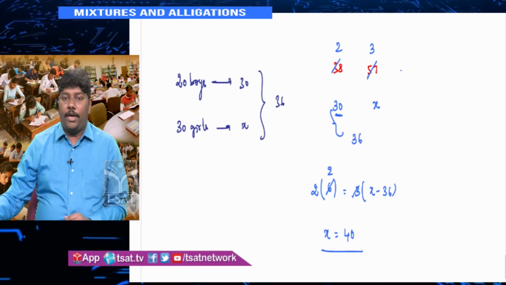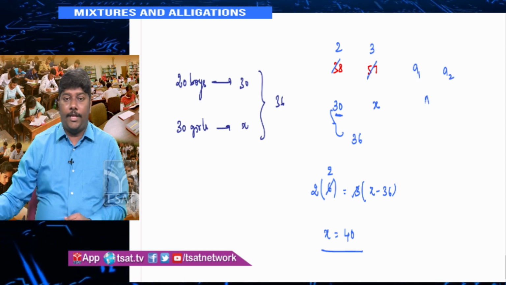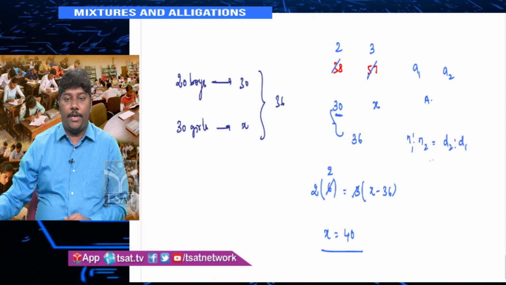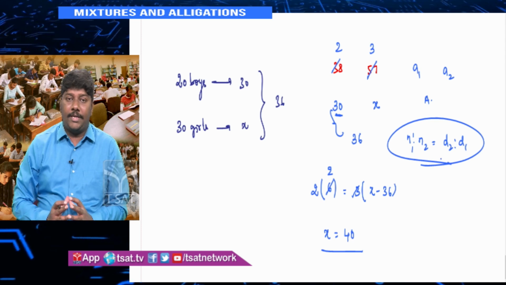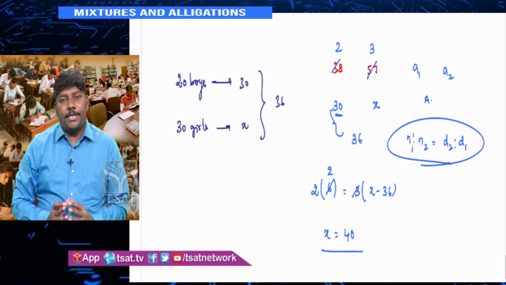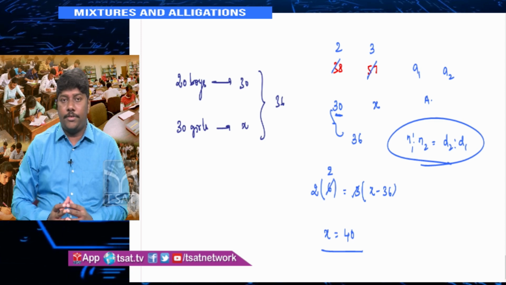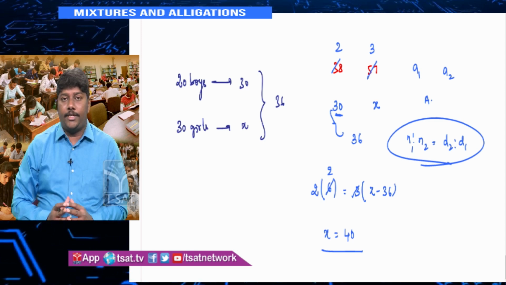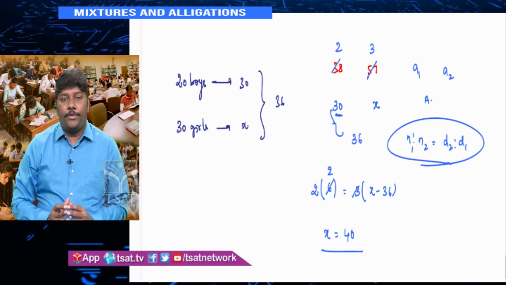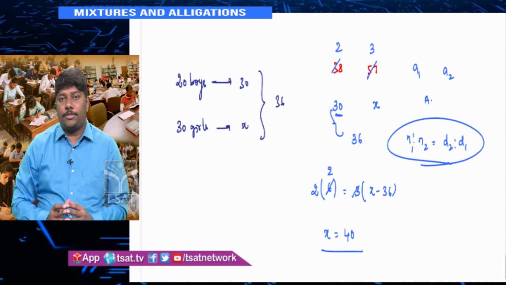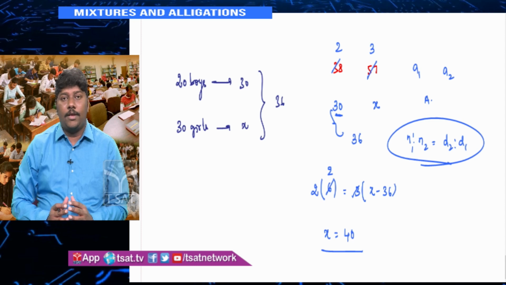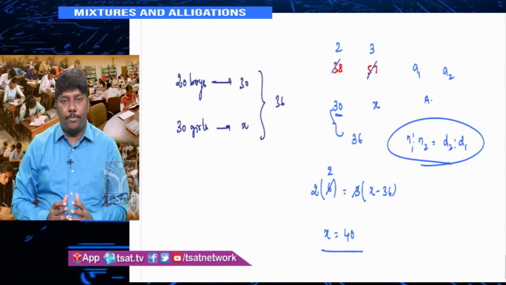Suppose they are giving you A1, A2, capital A, and they are asking about N1 is to N2. You know what N1 is to N2 is? D2 is to D1. This is a typical alligation problem. In what ratio do you need to mix these two solutions in order to get the resulting mixture in a certain concentration? They may say it in percentages, in terms of ratio, in terms of profit and loss, or in terms of averages. All mean the same. So we'll explore more of this by using problems. First we'll solve problems using averages, then problems based on percentages, then profit and loss, then simple interest and compound interest, and typical ratio and proportion problems also.